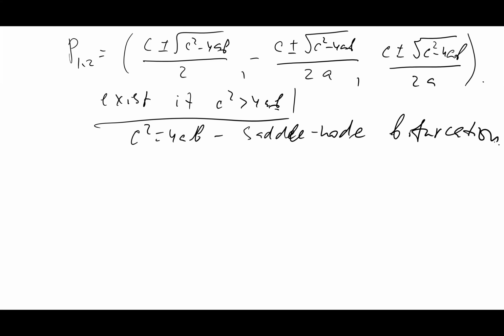And this saddle-node bifurcation is quite interesting. It's three-dimensional. So we have, let's say, P1, which is called a saddle focus,